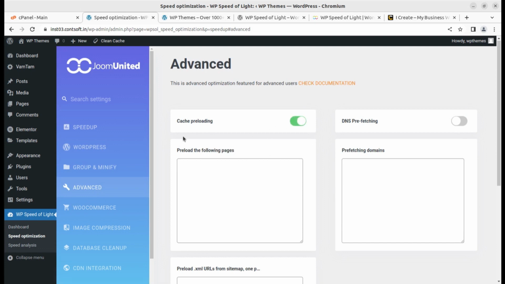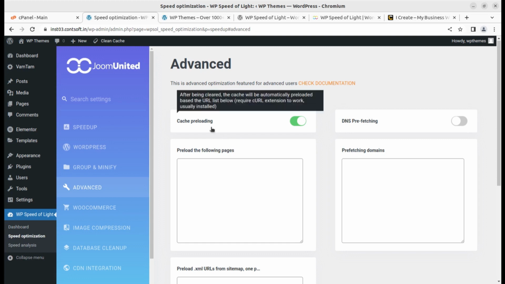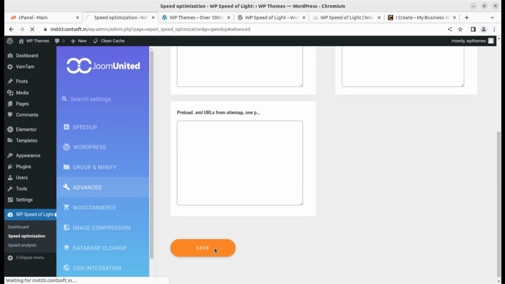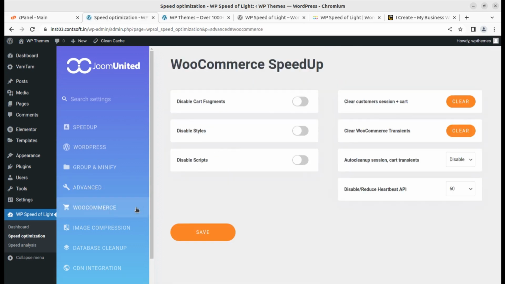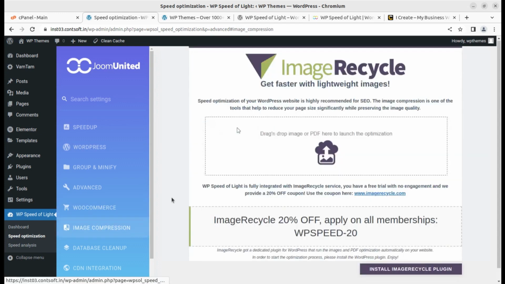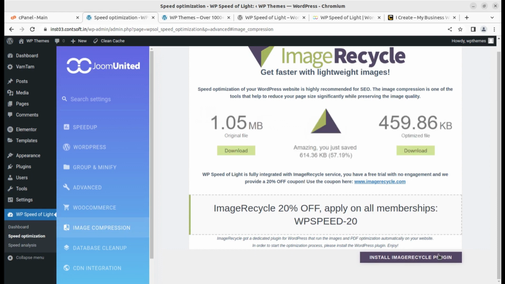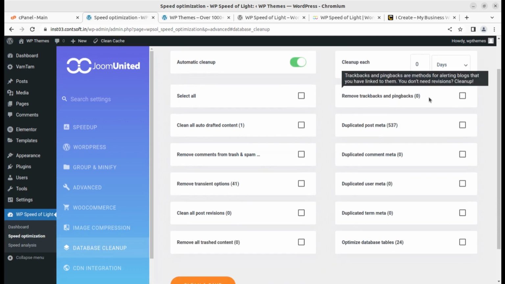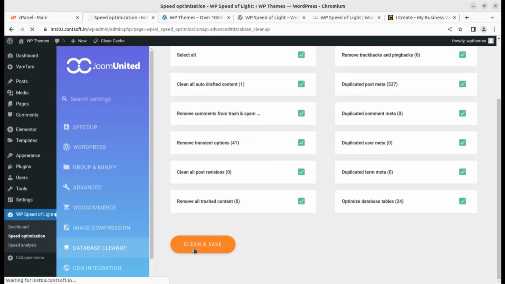So preloading is available in WP Rocket very effectively, but yes, let us check how it works for our website. DNS prefetching, and okay, so I'm saving this as well. I don't have a WooCommerce website, so I'm not enabling this because it will not show anything. Image optimization, yes, we can go for this, but we need a plugin, so I'm not doing this this time. Database cleanup, yes, I have enabled automatic cleanup, it is available now. And remove pingbacks and trackbacks, select all, and I'm now going to clean the database as well,